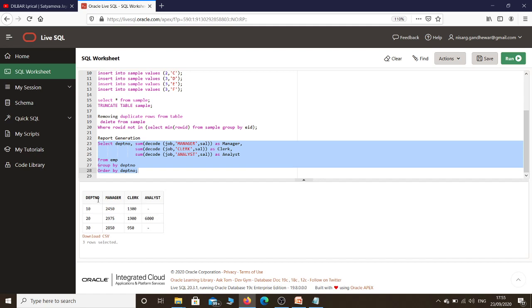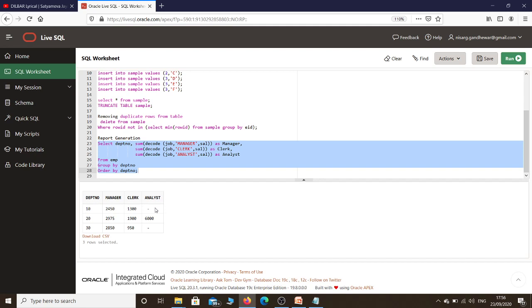So what do you understand from this? The simple thing is that the department number is 10 and manager is 2450. So what is that 2450? 2450 is nothing but the sum of salary of all employees whose designation is manager and who belong to department number 10. Similarly for clerk the value is 1300, and in case of analyst the value is kept blank. What is the reason? The reason is simple.